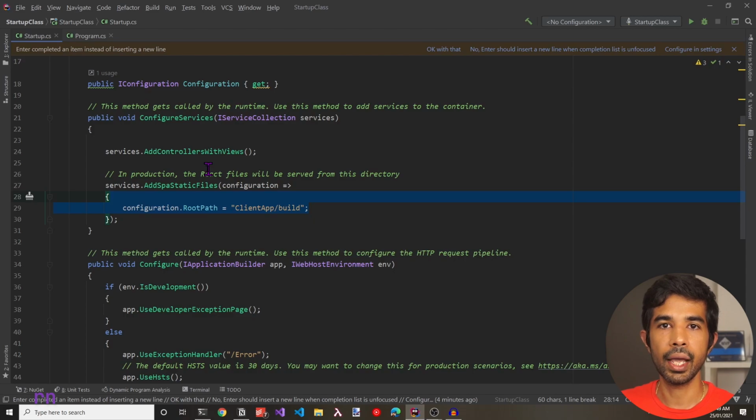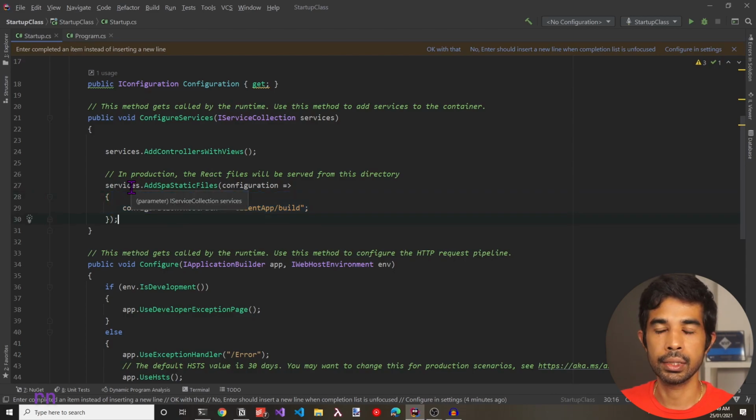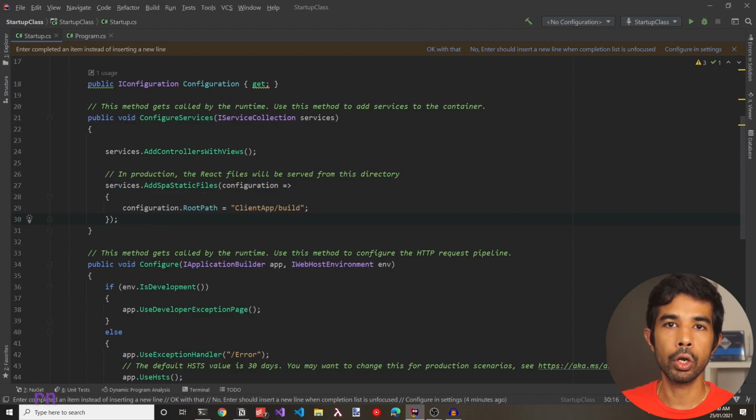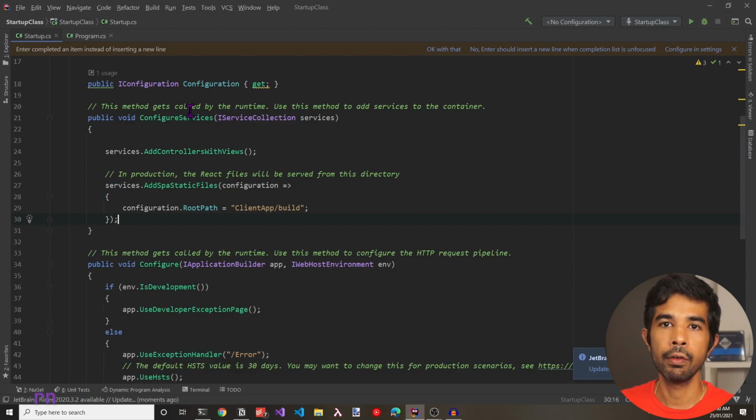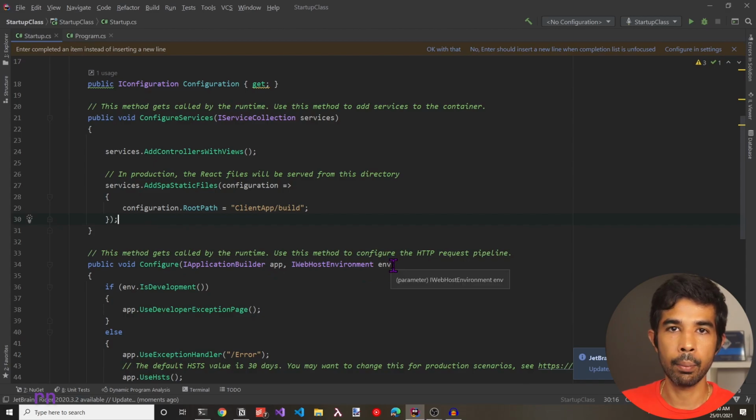To explicitly add a service, we can use the add method on the services instance. There is a detailed video on dependency injection if you wanted to learn more. It will be linked here and in the description below. By convention, the ASP.NET Core runtime calls the ConfigureServices method first before calling the Configure method. So any services that are registered inside ConfigureServices can be used or passed in as a dependency on this function. Let's see an example for that.